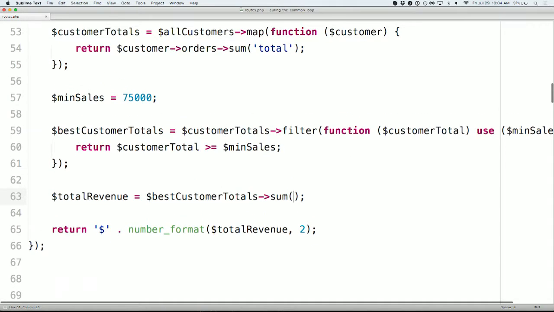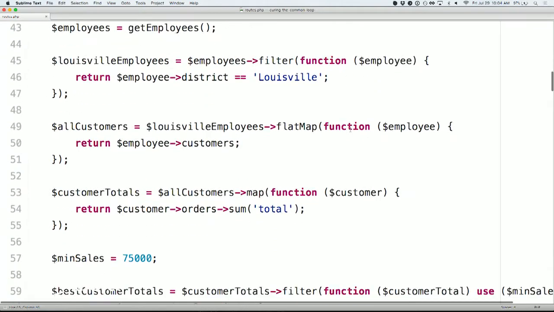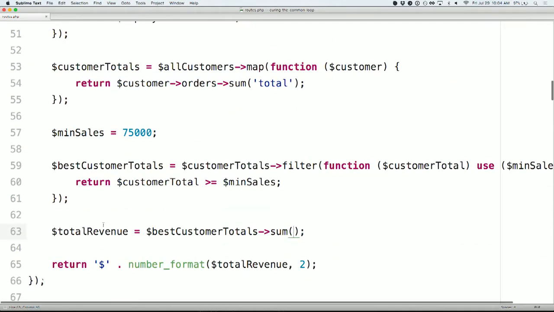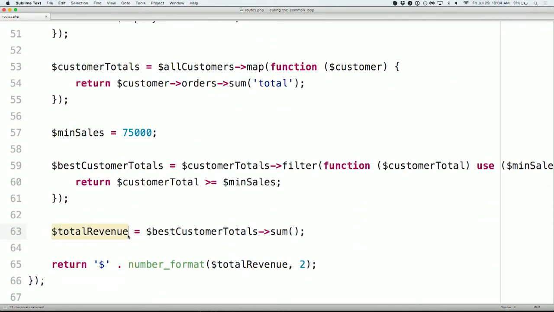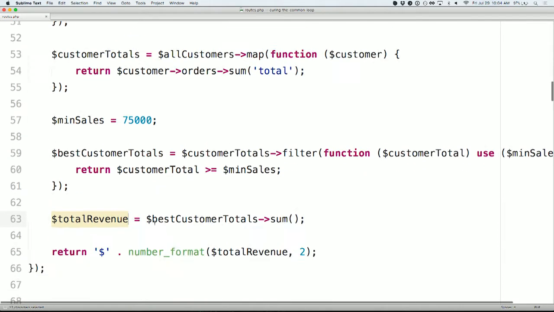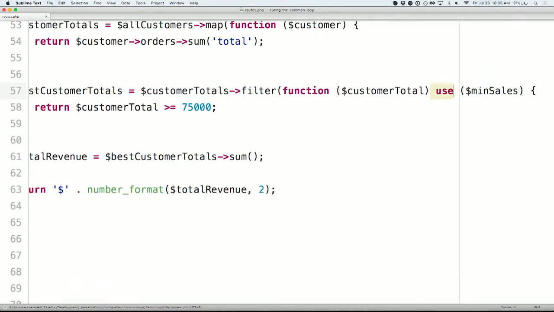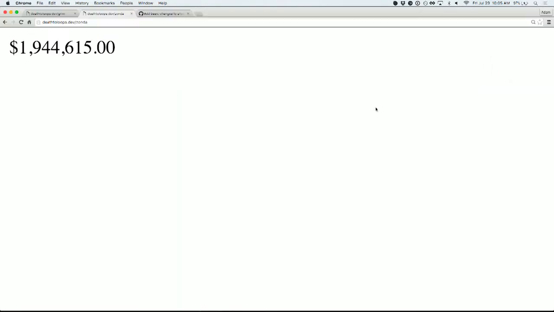Now, I would probably at this point look for other things that we can simplify, right? So we were able to eliminate that total revenue temporary variable, in the sense that we got rid of where we initialized it to 0 and were incrementing over time. We're just assigning it to a variable now so you can pass it to number format, so I'm not really too worried about that. Min sales, I'd be happy to just inline that, or you can reference a constant, if you're trying to be a good programmer. Or maybe it's a parameter, but we can get rid of this use statement now